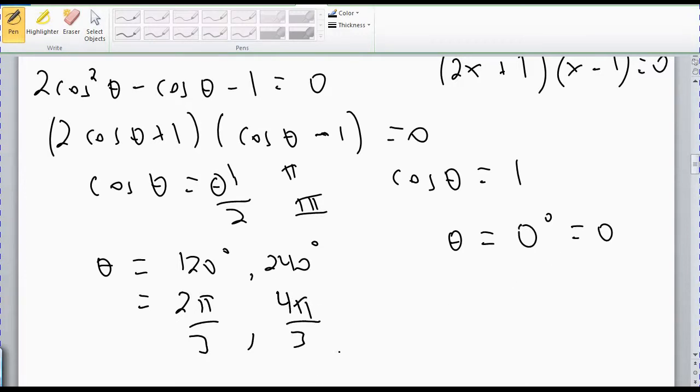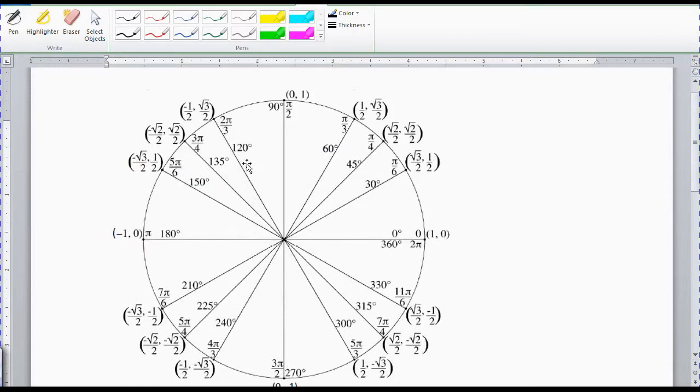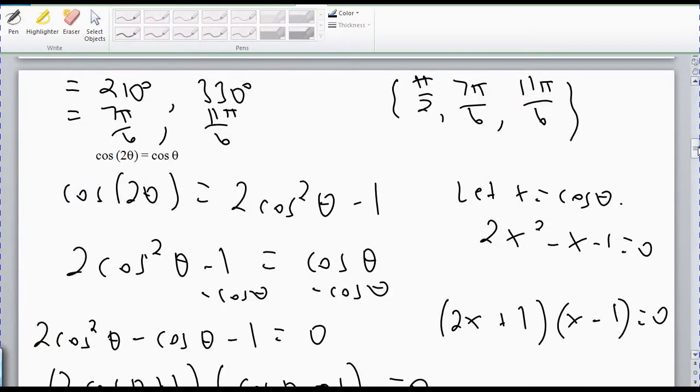Now let's verify 120 and 240. 120 is 2 pi thirds and 240 is 4 pi thirds. You wondering how I did that in my head? I knew that 30 goes into 180 six times, so I knew it was pi sixths, but I'm actually looking at a 60-degree angle,